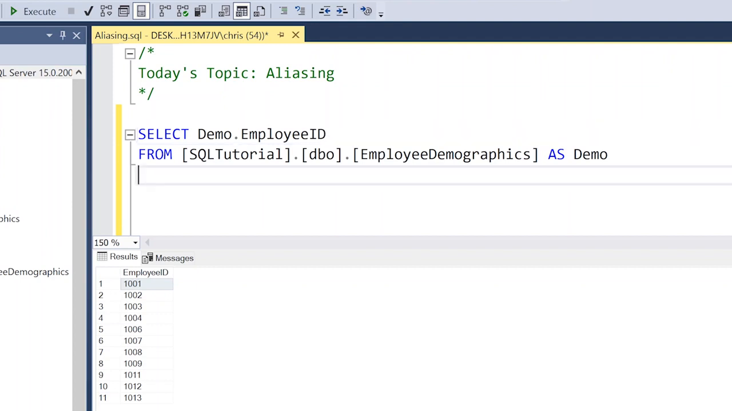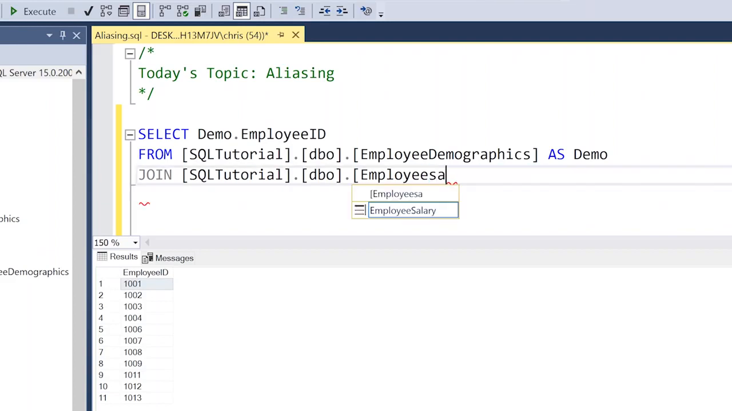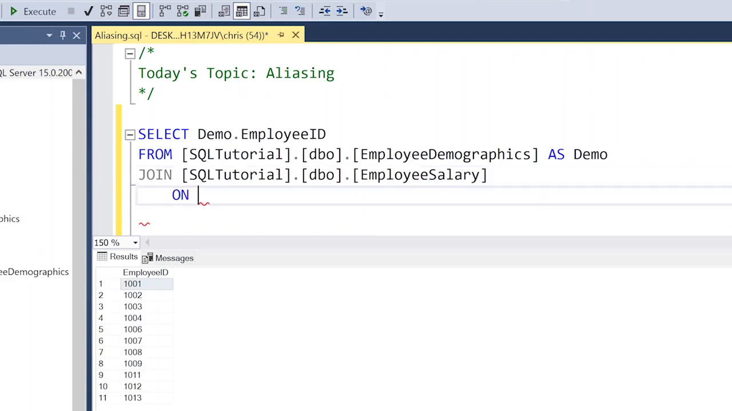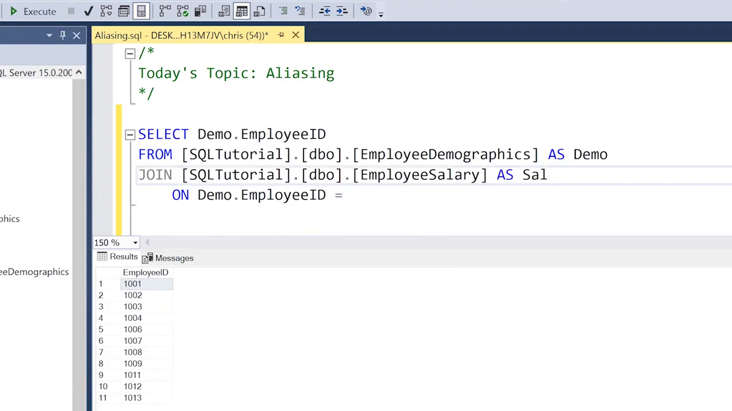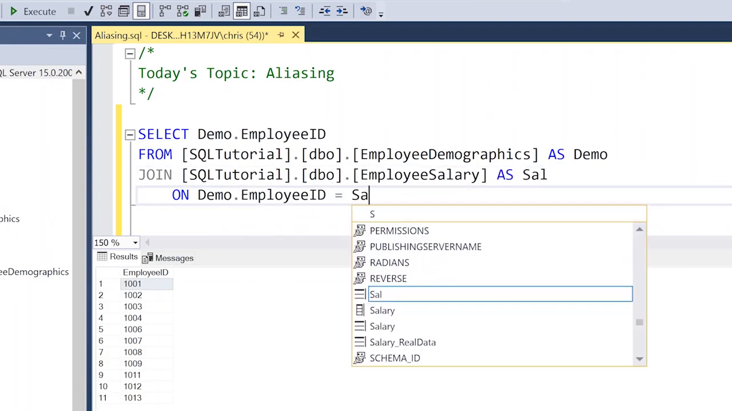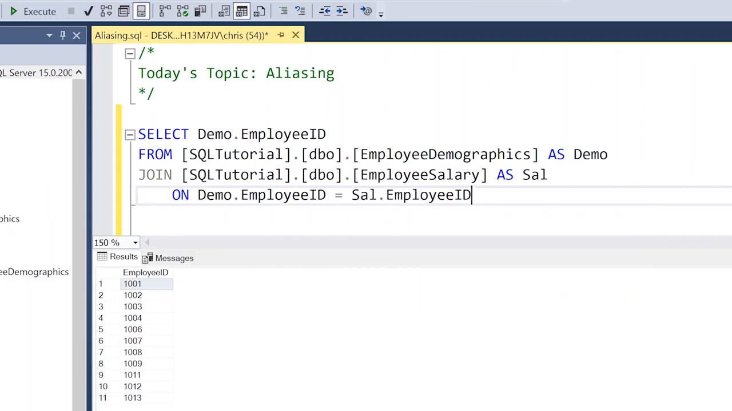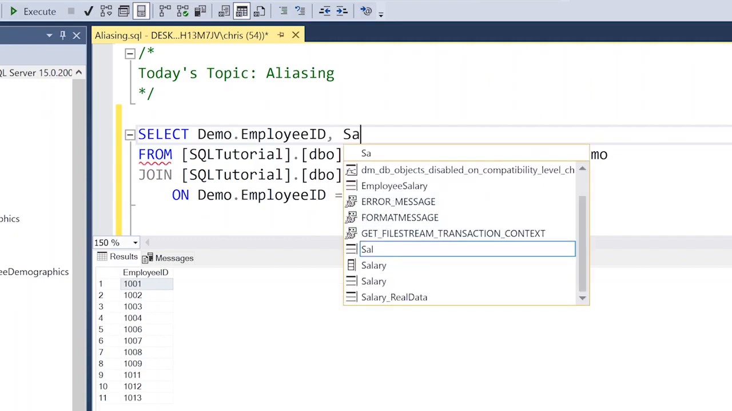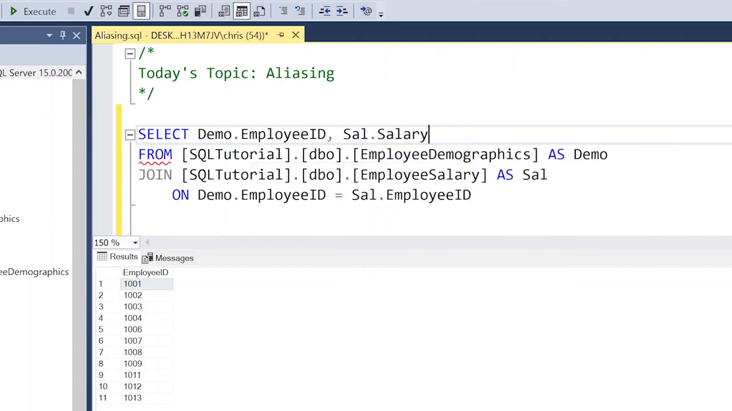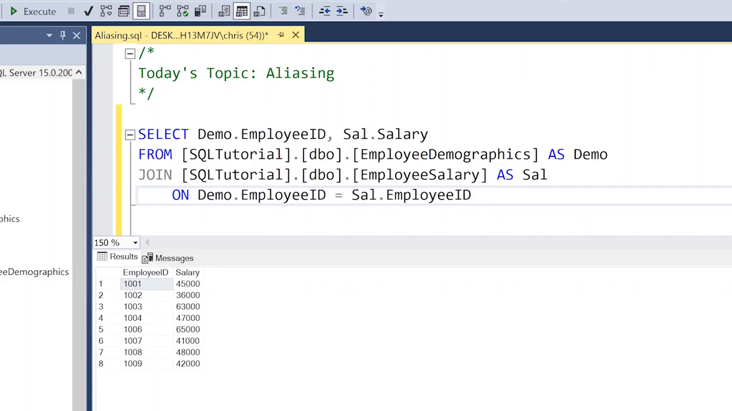So let's actually join this to employee salary, and let's do that on demo.employee ID is equal to sal.employee ID. So now let's do demo.employee ID, comma, sal dot, and let's do salary. So looking at the script now, it is very clean, it is very easy to understand, and that is what's